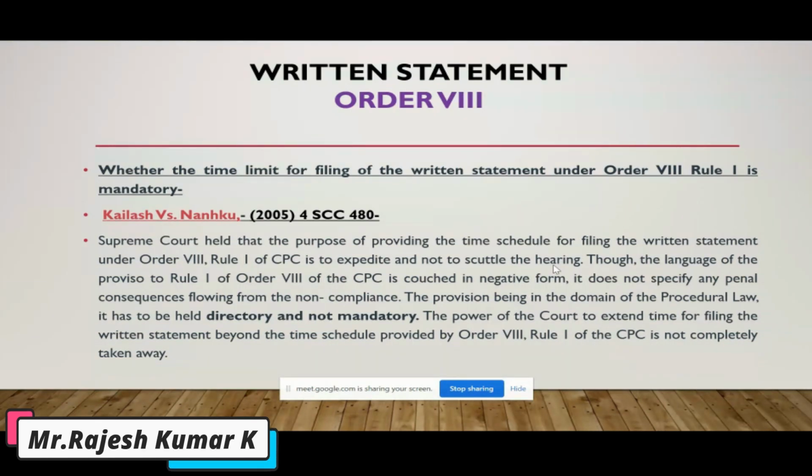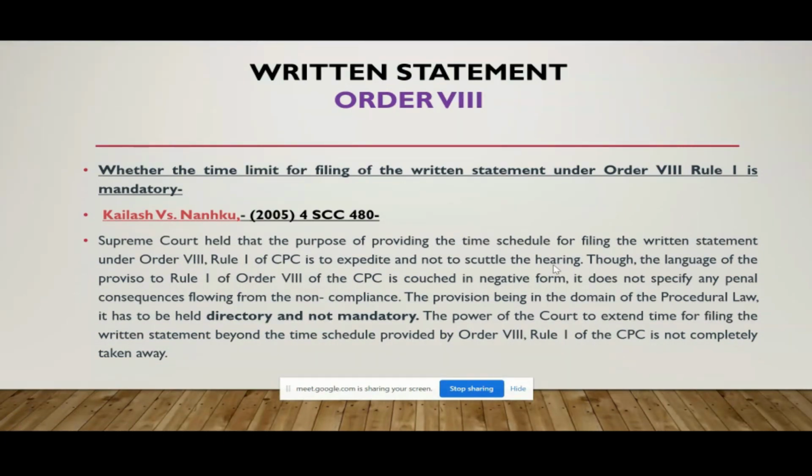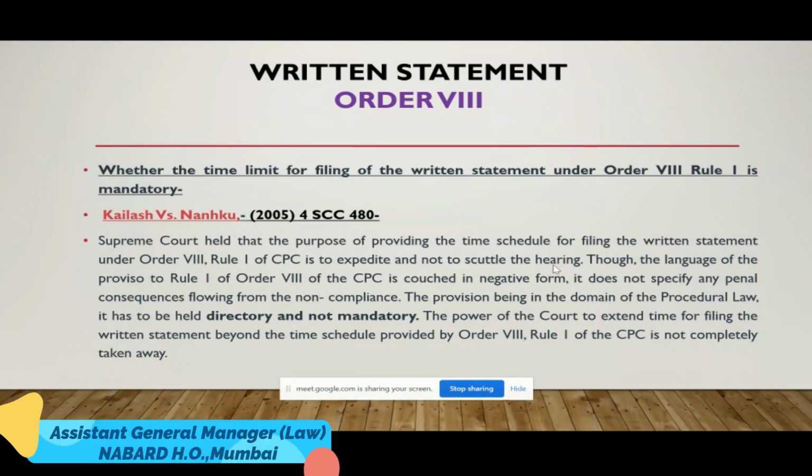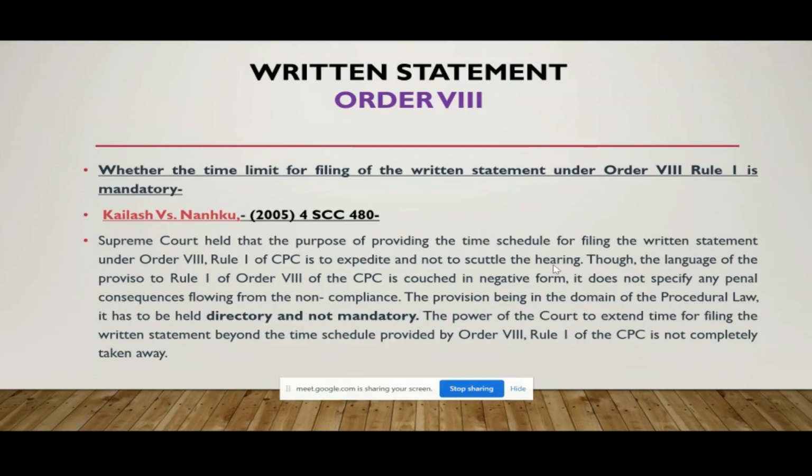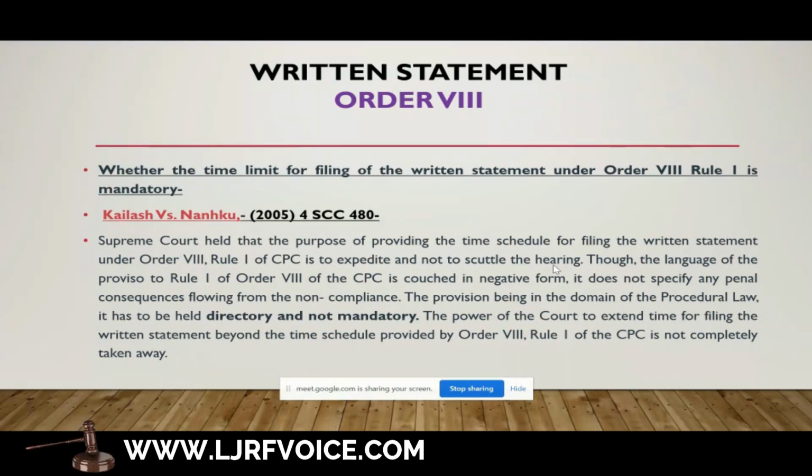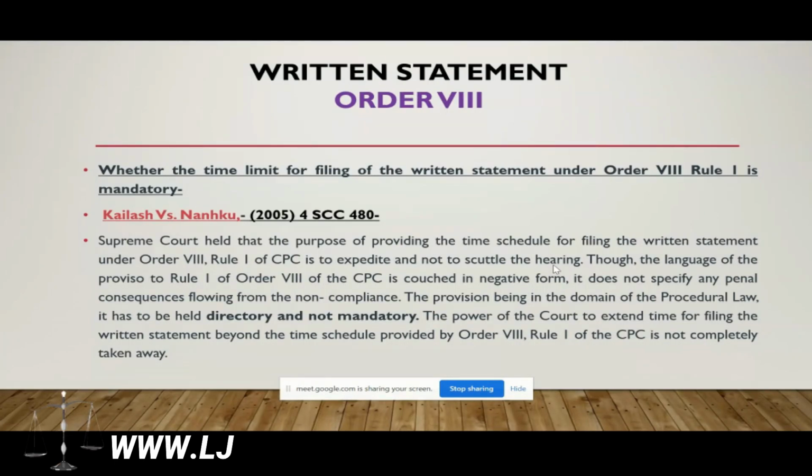Though the language of this particular rule says in a negative form that it should be filed within 90 days, it does not specify any penal consequences flowing from the non-compliance. Means, a time schedule of 90 days has been given here, but even if it is not filed within that, no other penal provision is stated. Because of that,